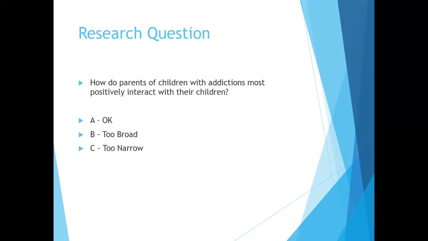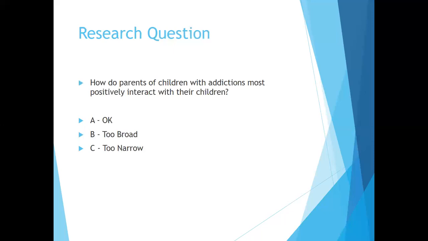Now, I will make the assumption, because I've used this question in class a number of times over the years, that the majority of you thought of this as parents of children with addiction as being a child who's young. But in fact, what do you do with parents who are in their 60s, who have children perhaps in their 30s, who are addicts? Does that change your perspective of the research question? Does it change how you look at it from that perspective?